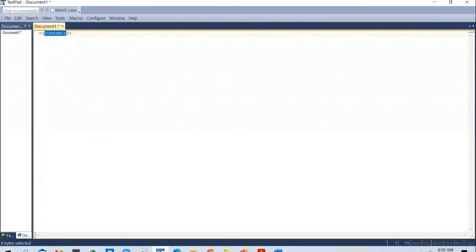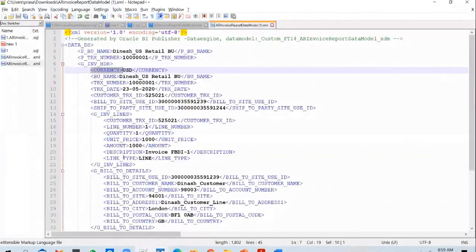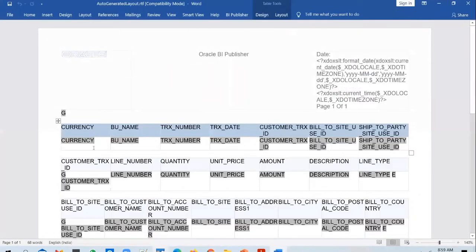You take the XML tag and wrap it around these tags: less than question mark and question mark greater than, and in between these tags place the XML tag or XML attribute. Anywhere you print the currency in the RTF document, you just place in this tag.